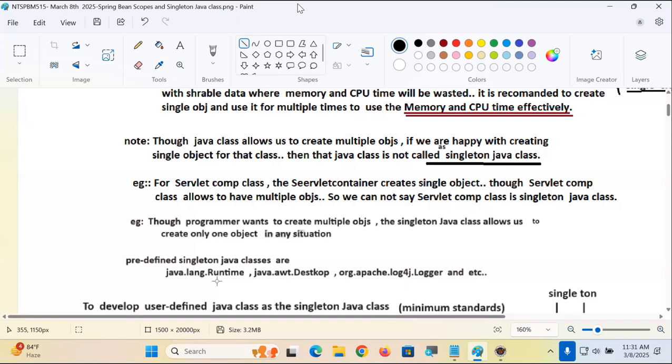One runtime, not multiple runtimes. If I give that runtime as a class, it is better to design it as a singleton. You try to access that runtime 100 times, but the same runtime